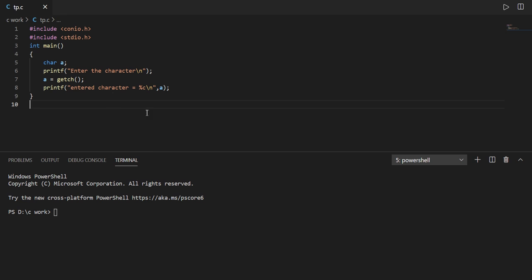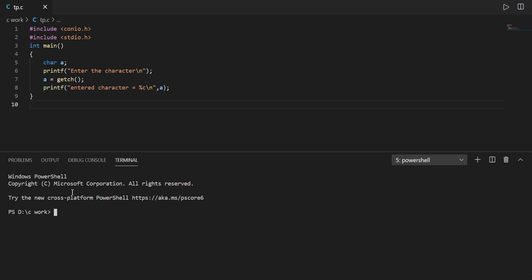Just after we enter the character, the flow of execution will begin again. So what happens in between? When we enter the character, the getch function will take that character and place it at the position where the getch function was executed. In this code you can see that the getch function was executed in line 7 at this position. So when this code executes and we enter the character, the getch function will take that character and place it here. As we have assigned it to the character variable a, that value will get stored in a, and after that this line will get executed, in which the value present in a will get printed. So let's have a look at the runtime.